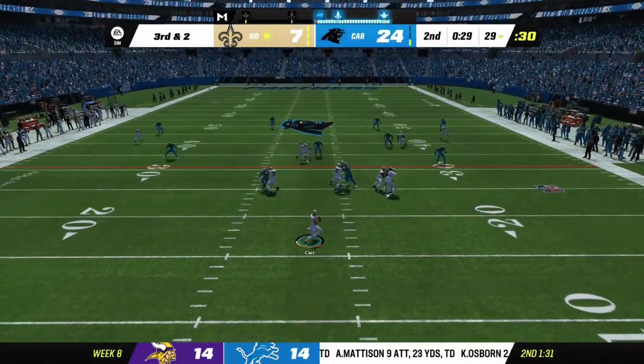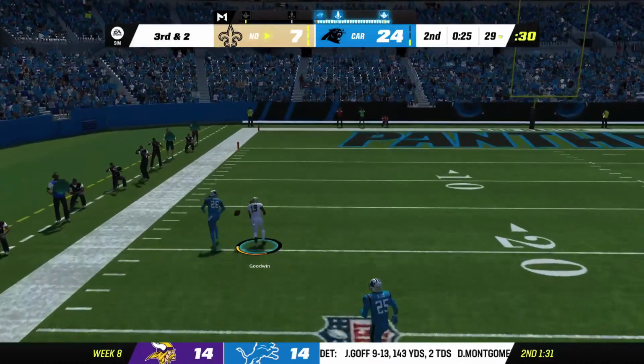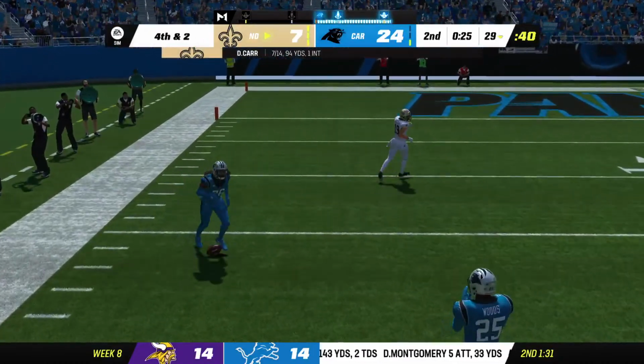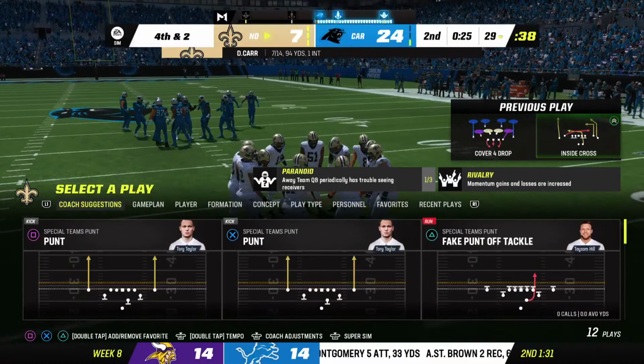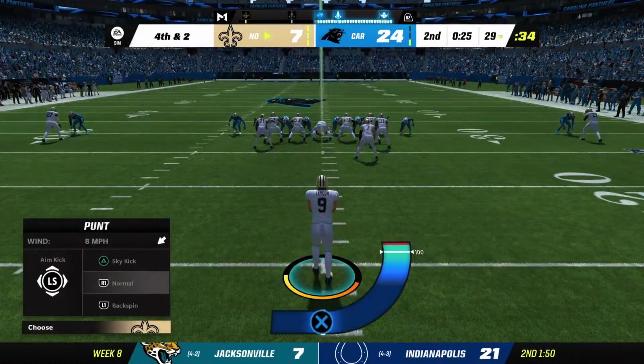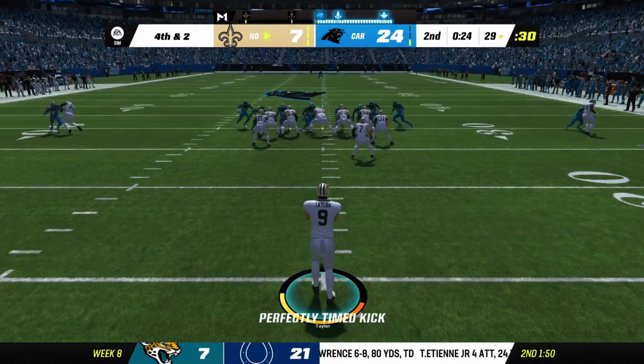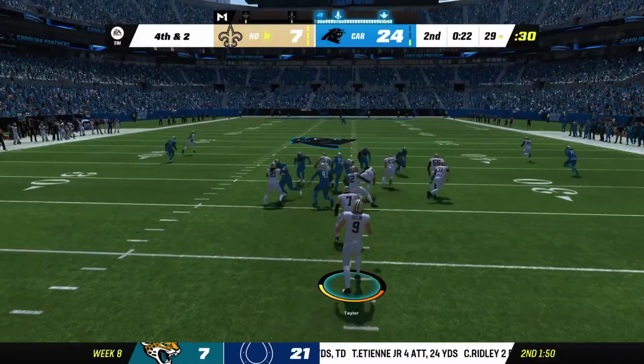From the gun, it's Carr. Deep ball for Goodwin. And he knocks the ball away, and it falls incomplete. Certainly no lack of aggressiveness here. They were hoping for the home run play to get them 6 points. They're hoping for a catch, maybe a call, but they figure they can at least get into field goal range